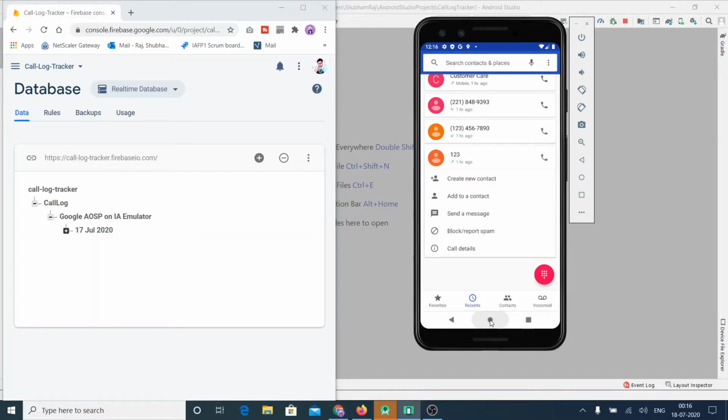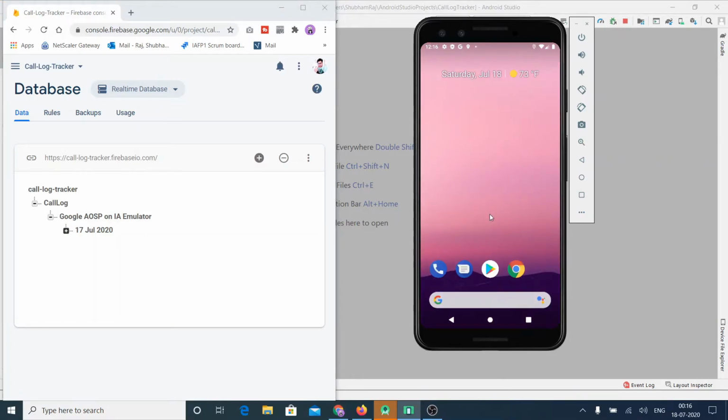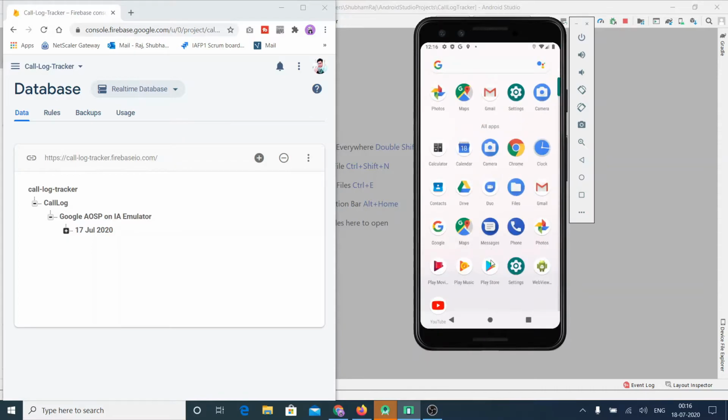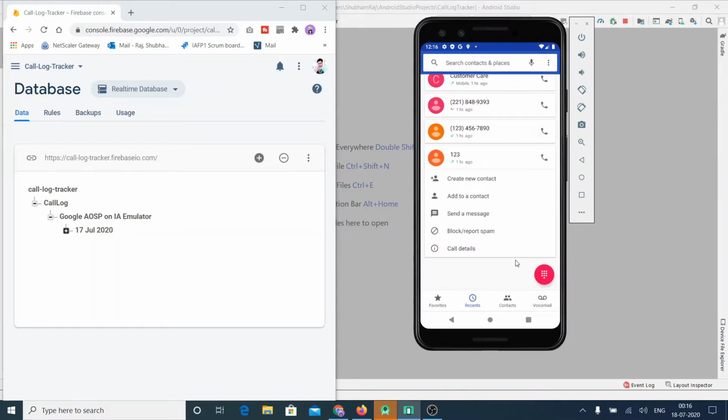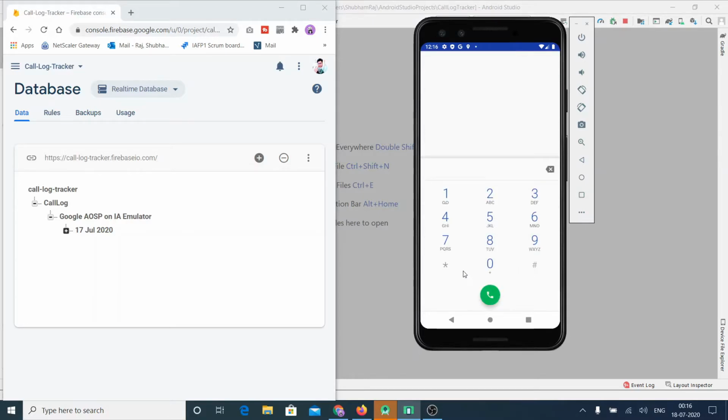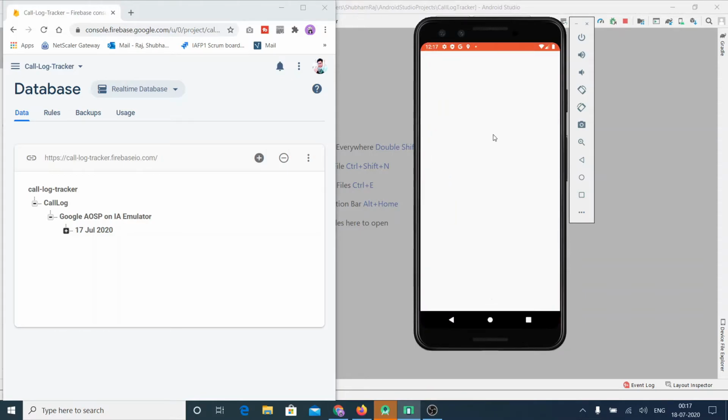And if you want to search for this app, you will not be able to find it inside the Android launcher. We don't have that app inside this. So the question which arises in your mind is, how can you open the app if it is not showing? So I have added a feature to call a particular number so that it will open. I have set the number as star 9999 hash. So if I click on star 9999 hash and click the call button, then it opens the app.